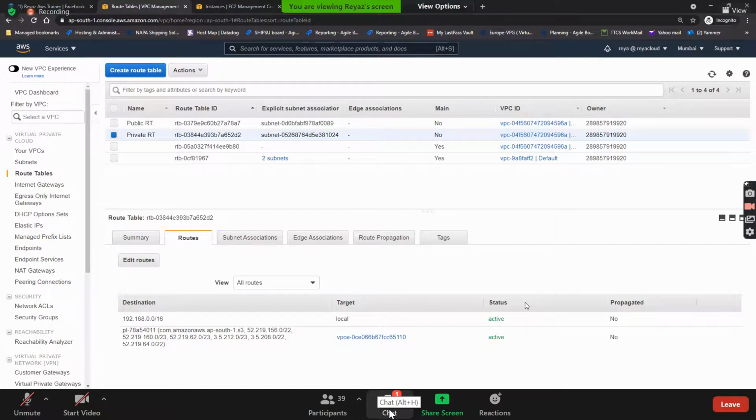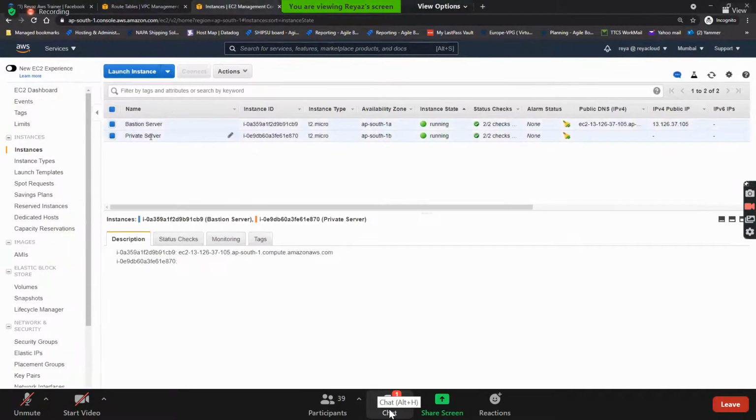Any more questions? And guys, very importantly here, how to delete the VPC after you're doing stuff, which is very important. I have put that in the document already, but I'll show you here how to delete it. First, terminate the EC2 instances.